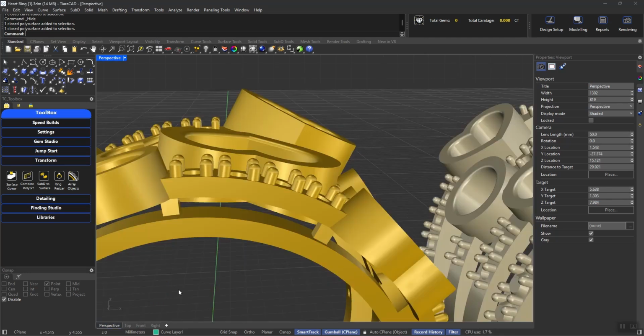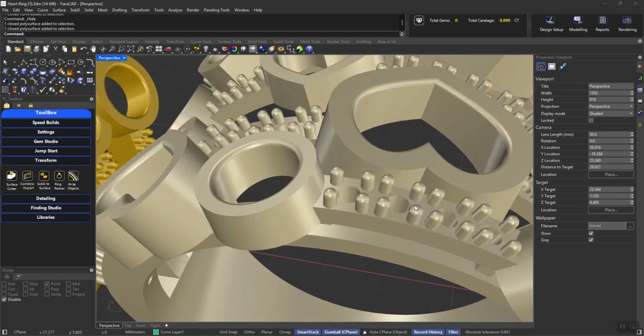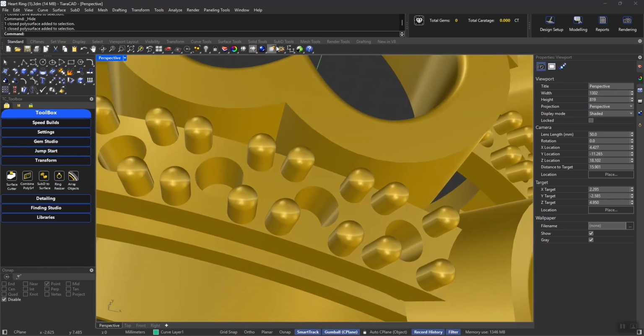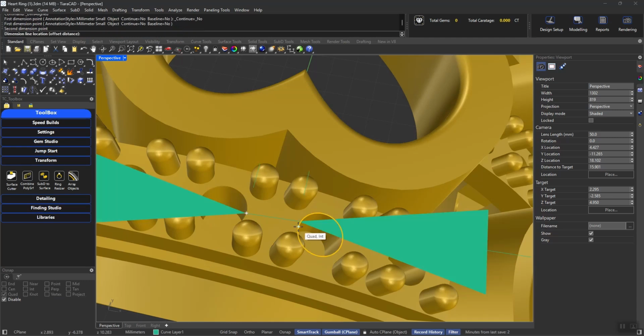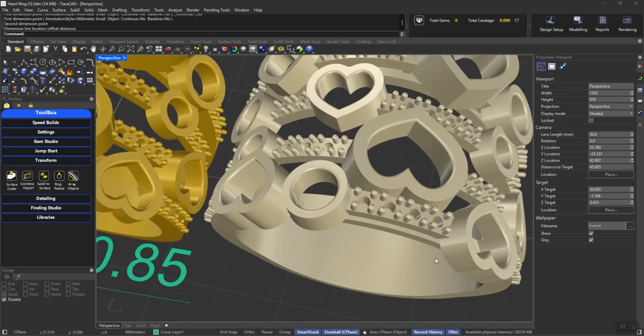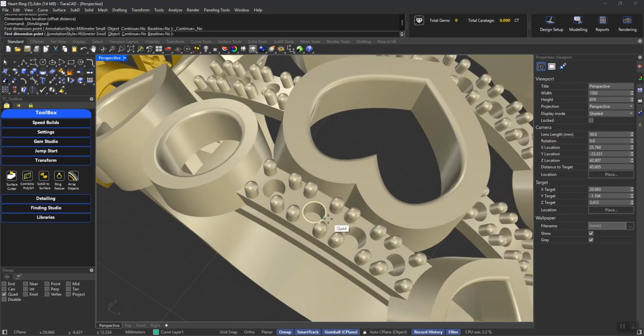Now let's look at the distance between two diamonds. So I'm going to do a measurement between two sets of diamonds. I'm using a line dimension to check for the quad distance between this and this. It's currently 0.85. If I check it for the newer version of my design,